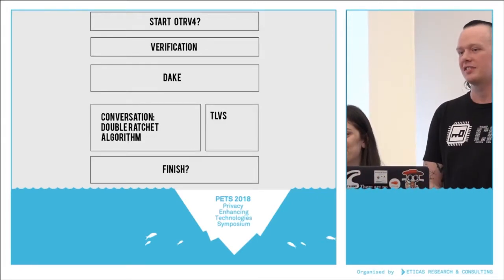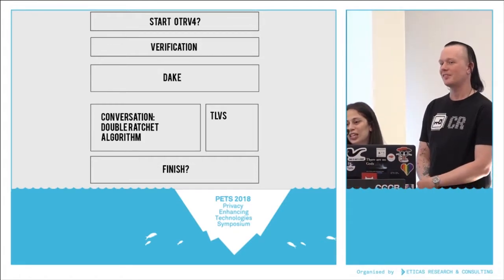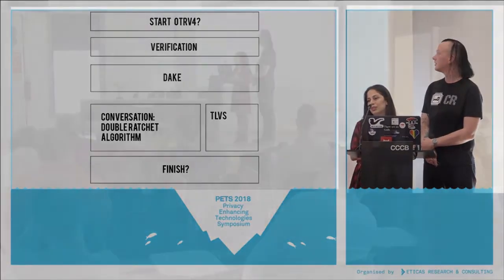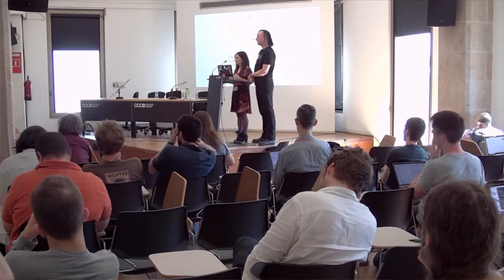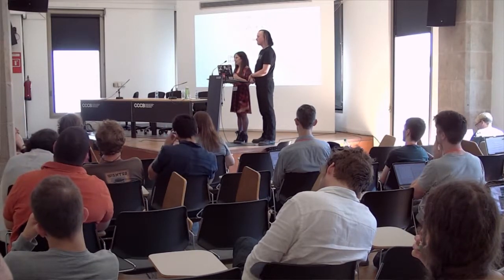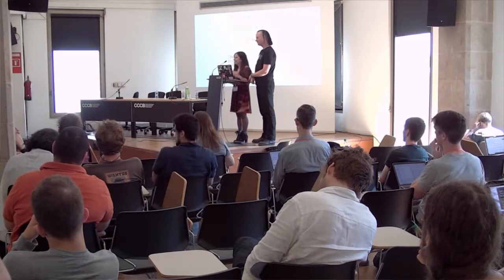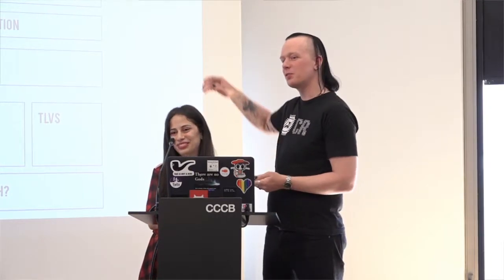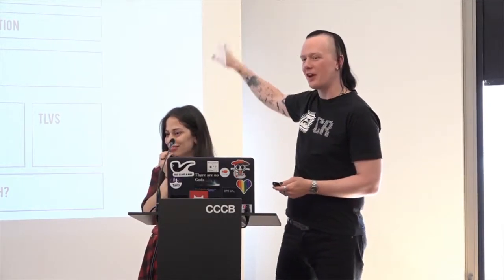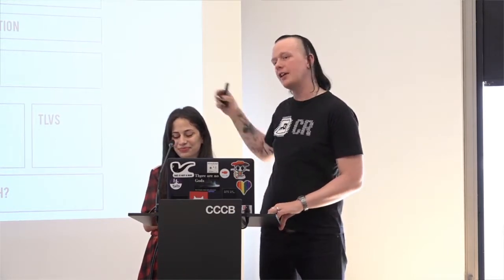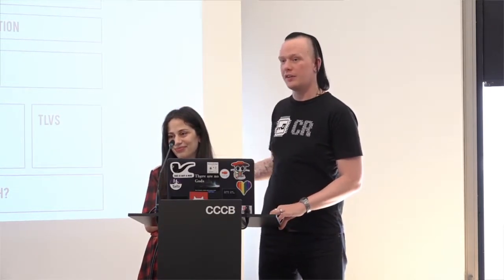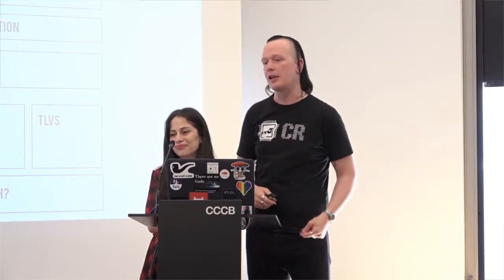So verification, what's that step? It can be, for example, the manual fingerprint verification, if you want. So in OTR v3 and earlier, that happens after the DAKE. Yeah, that's true. Sorry, yeah, it's after the DAKE. It can also be on the side, a human interaction where people compare on paper and so on. So verification as a step is either part of the SMP or it's a human thing that isn't actually mediated by the protocol.